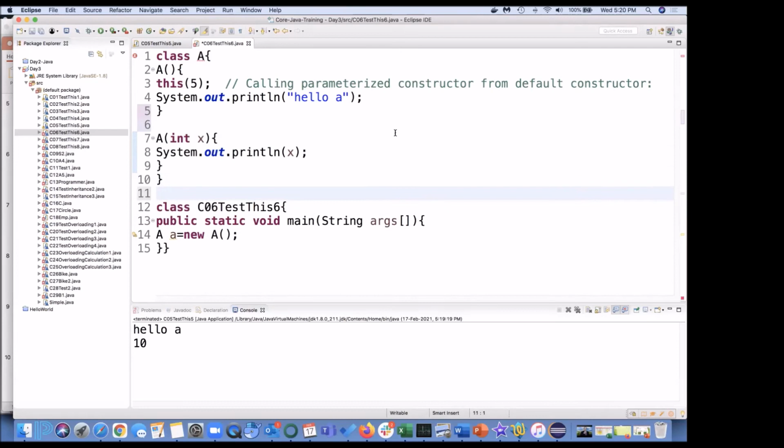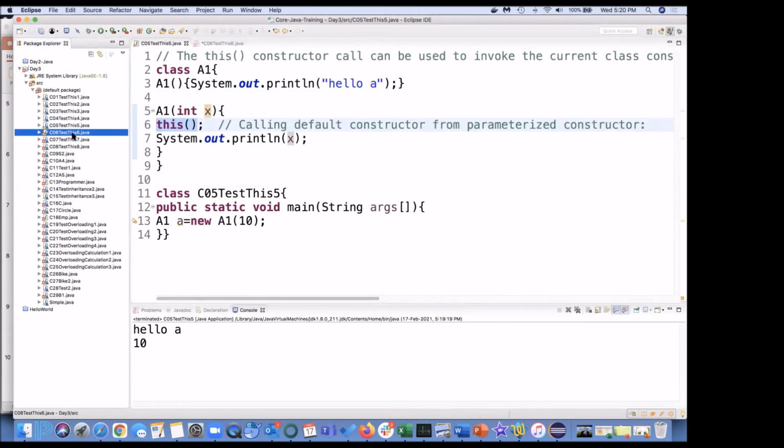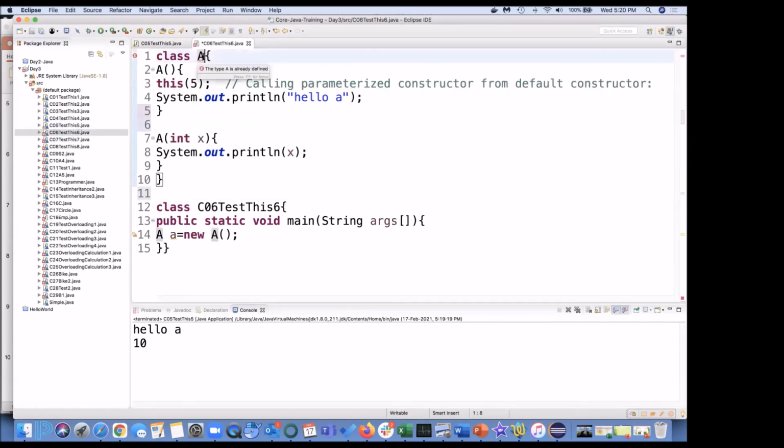Okay, quickly, what is going to be the output? The moment this statement is executed, it will go and create an object for the default constructor, which means out of these two constructors,